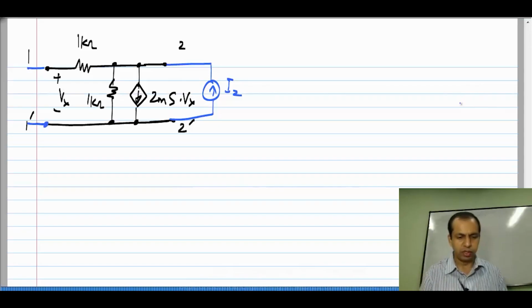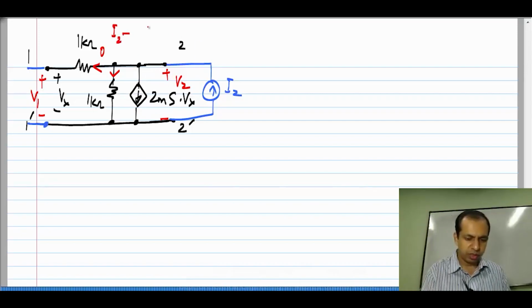Port 1 is open circuited. Now, again the current through this 1 kilo ohm resistor is 0 and V2 equals V1. In this particular circuit, this is not true in general, of course, and also Vx happens to be equal to V1. So, now the current through this 1 kilo ohm resistor is 0, and through this vertical 1 kilo ohm resistor is I2 minus whatever current is flowing through the control source, which is I2 minus